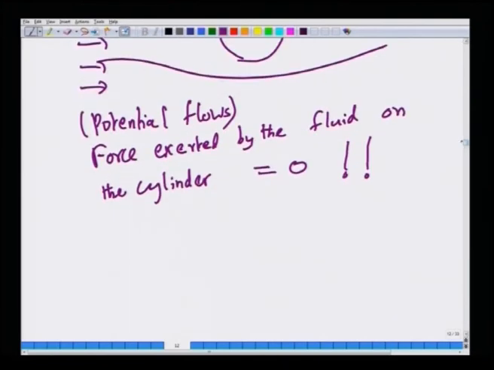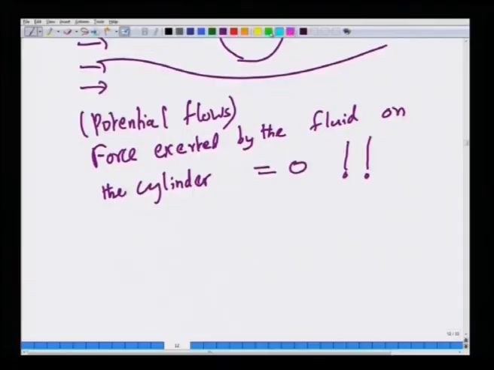This comes as a surprise because experiments tell us that even at very high Reynolds numbers, whenever you have flow past any object like a long cylinder or a sphere, you always find a finite force. I mean, if you move a sphere or a cylinder at very high Reynolds numbers, then you do find that there is a force experienced by these solid objects. But when you try to treat that within the potential flow approximation you find that there are no forces. So, this appears like a paradoxical situation, and this is called d'Alembert's paradox,